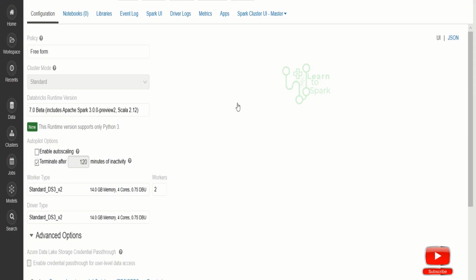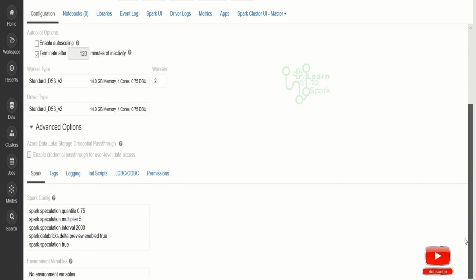I had opened my Azure Databricks and also added the configurations to my cluster setup. I will show you. We have to go to this cluster and choose the cluster that we need. I have already chosen it, and in Advanced options, under Spark config, I have added the required parameters: spark.speculation, spark.speculation.interval.multiplier, and quantile. So these are the parameters that we have added in our Spark conf.